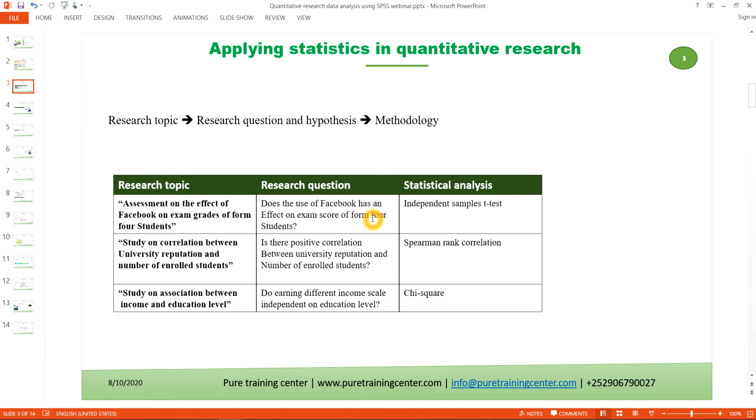So if you look at this research question, does the use of Facebook have an effect on exam score for Form 4 students? Form 4 is grade 2 alif of high school. Then what are our variables? One variable is exam score. That's one variable. Good. And because we are talking about the effect of the use of Facebook on exam score, we can group